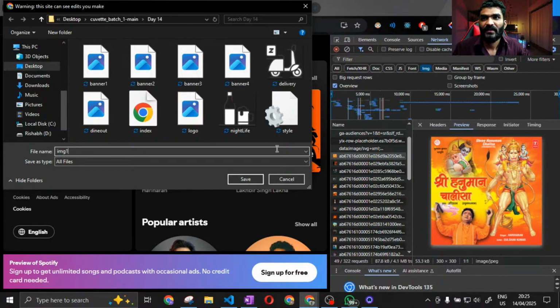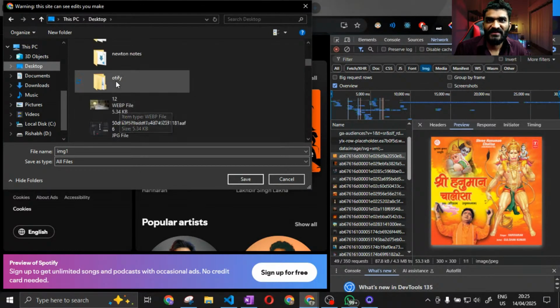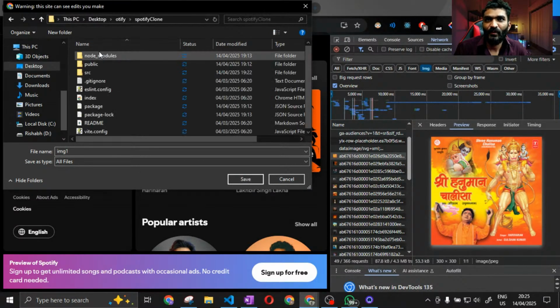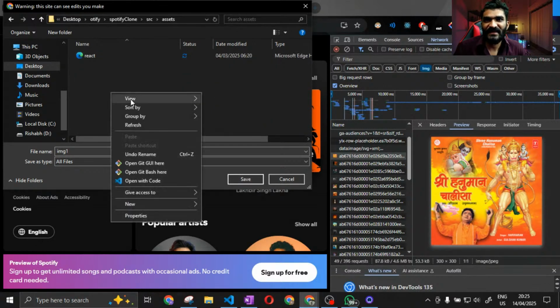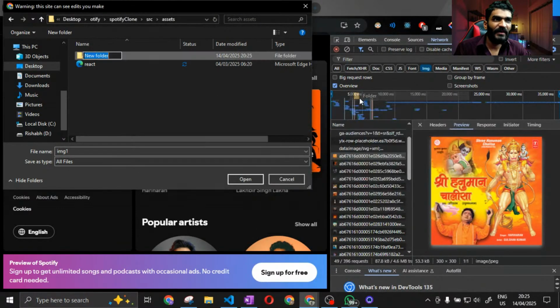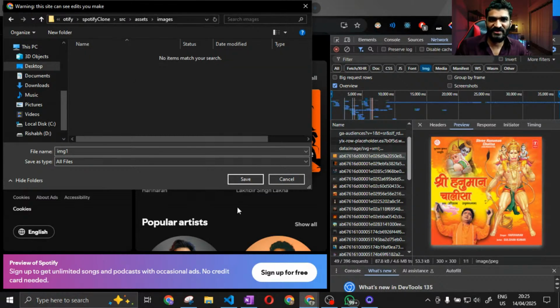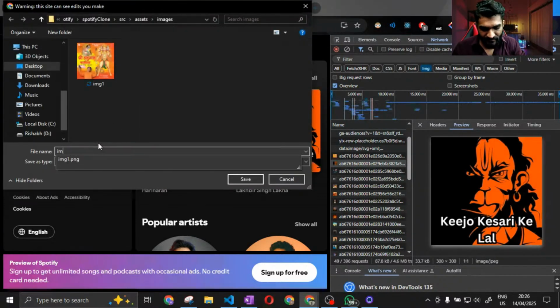image1, राइट, और मुझे कहाँ पे करनी है जी, डेस्कटॉप पे, स्पॉटिफाई पे, स्पॉटिफाई क्लोन पे, देन कम्स मेरा SRC, देन कम्स मेरा एसेट, इस एसेट के अंदर मैं एक न्यू फोल्डर बना लेता हूँ, राइट, लेट मी मेक अ न्यू फोल्डर विच इज इमेजेस फोल्डर। इस इमेज के अंदर मेरे को ये इमेज डॉट png, ठीक है जी, ये मेरी पहली इमेज सेव हो गई।